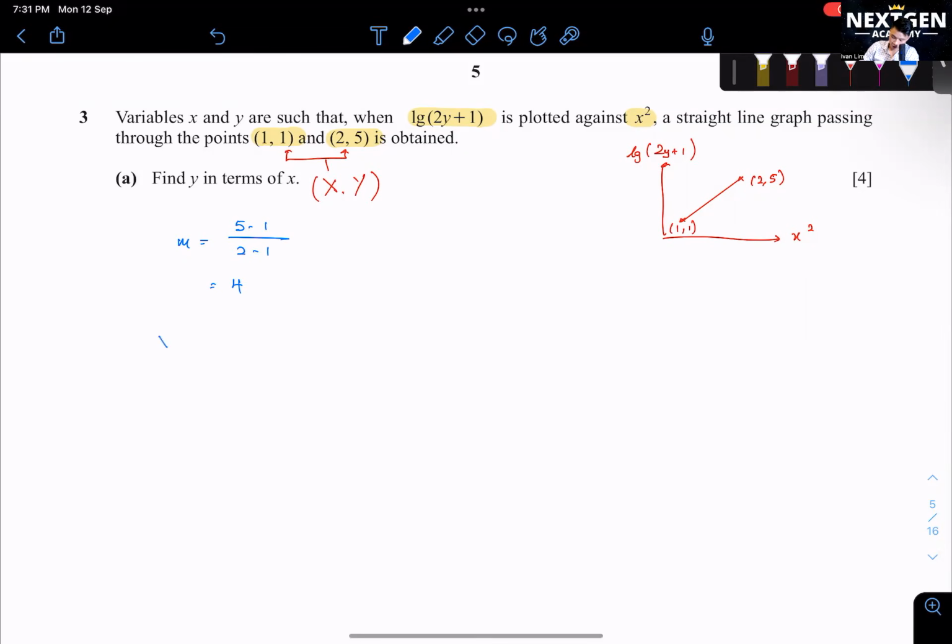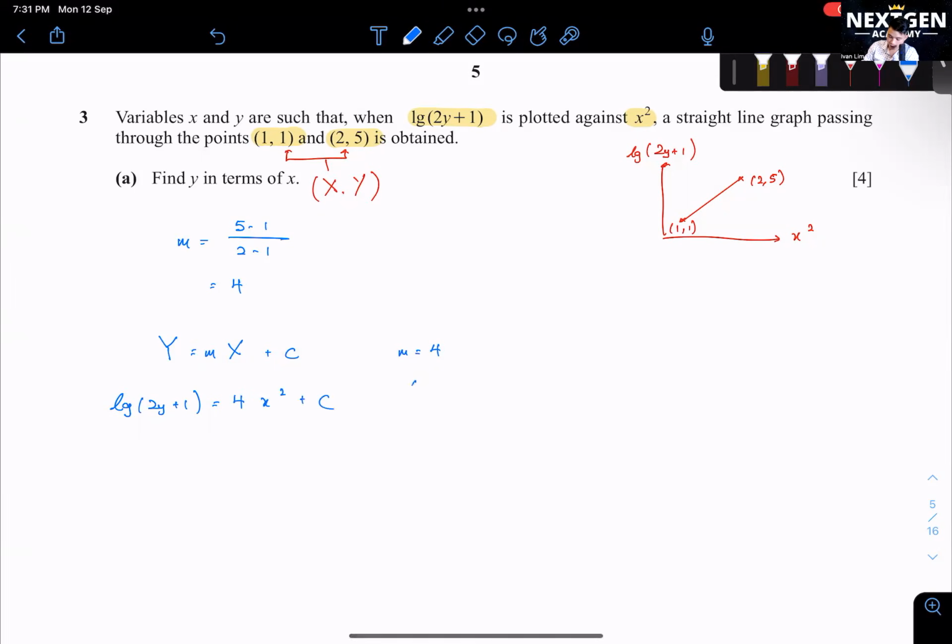Then y equals mx plus c. We want to find our c value. You can sub in the points. I have m equals 4, and I can use (1, 1) or (2, 5), either one of the points. This part here is where students often get it wrong. If you write lg(2y + 1) equals 4x squared plus c,